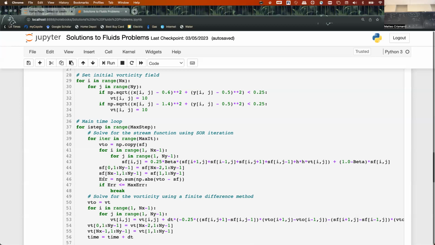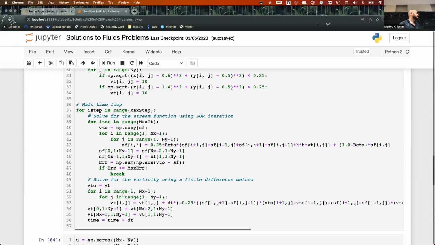And then you have these different pieces of the stream function in here, and some stuff about the vorticity. I think we wrote it up here. This is what you're solving, right? Okay. So you solve the stream function. You look for the largest source of error between the original and the stream function that you have now. And if the error is smaller every single place, you're done. Okay. And then you say, okay, my old vorticity is now my new vorticity. I solved for the vorticity and I'm very smart now.